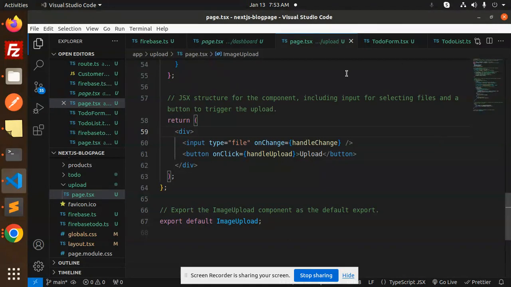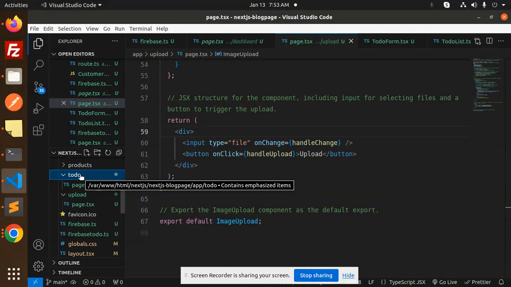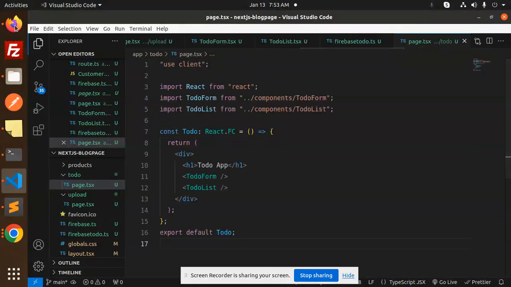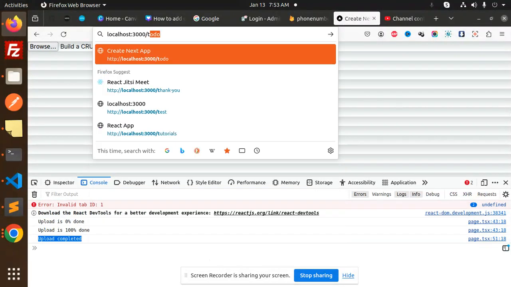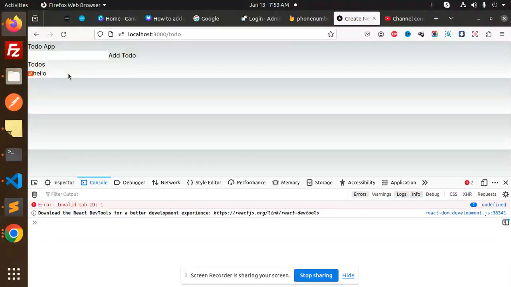So let's get started. So here I have created in the app folder Todo. Okay, then we have a page.tsx. Let's go for the demo first. Okay, so here we have, let's add the Todo. Okay, so here we have the to do part. So let's first, I have already added the to do. Let's add the